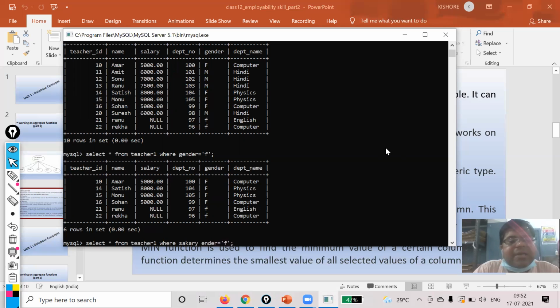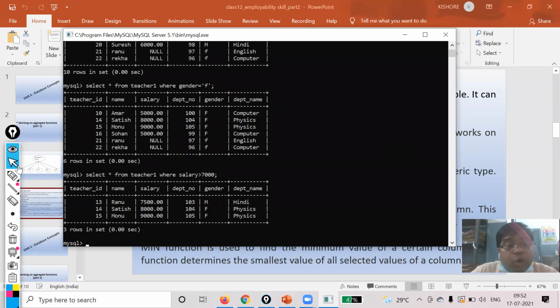Where salary greater than, here you have to use the relational operator. Salary greater than 7,000. Okay, now see, all the records with more than 7,000 are displayed. I hope you have understood this topic.